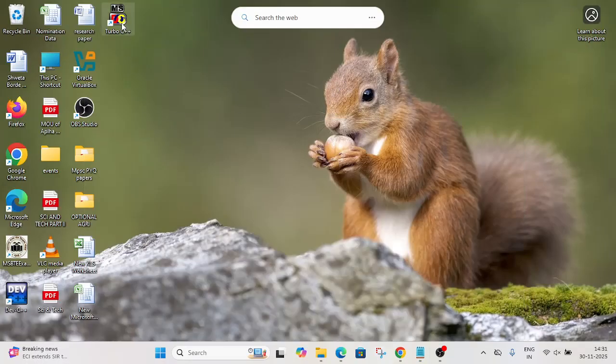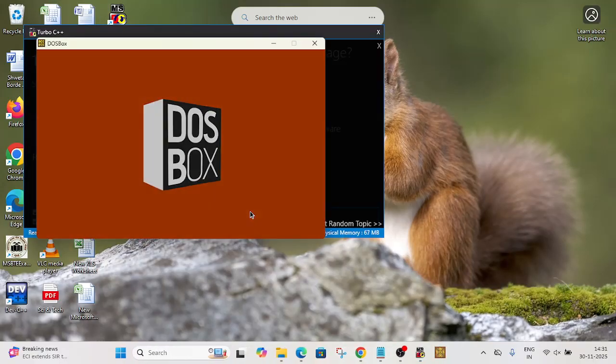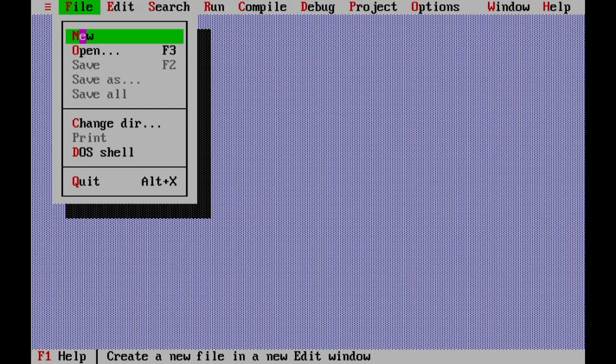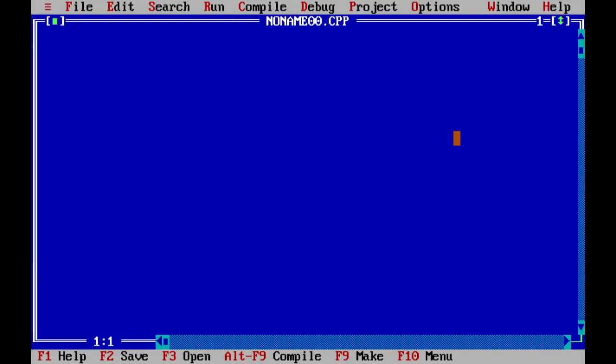So we will open Turbo C, start Turbo C, create a new file, then include header files in our program: #include stdio.h, #include graphics.h, #include